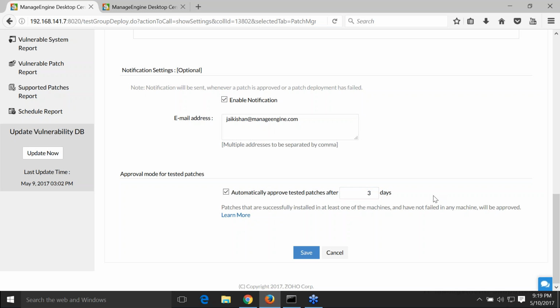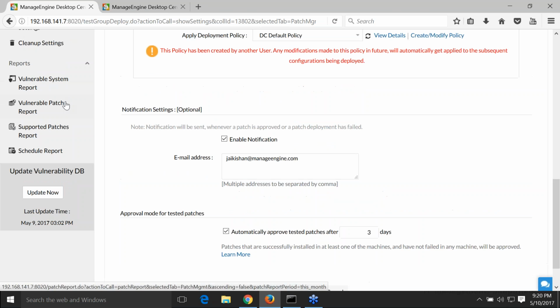And once they are successfully installed on at least one machine, after that it will wait for 3 days to check whether there is any conflict with the existing business app or any other breakup. And after 3 days, those patches will be automatically moved to the approved category. So you can go back to the group,